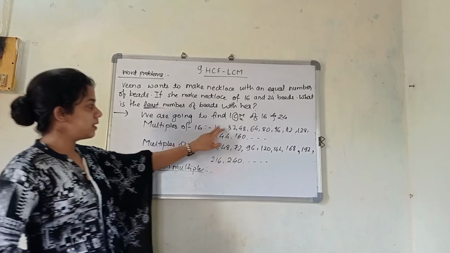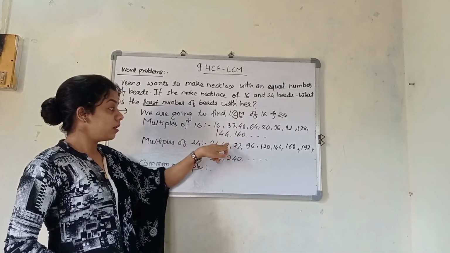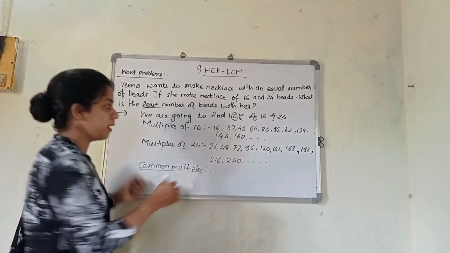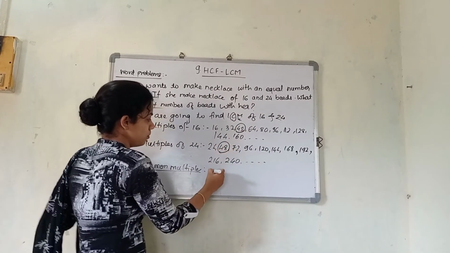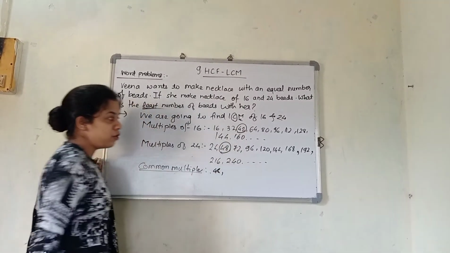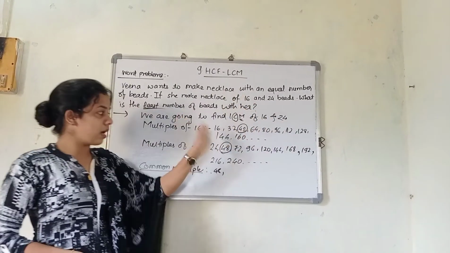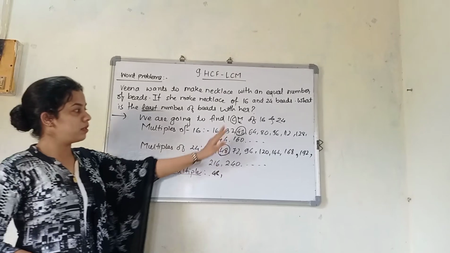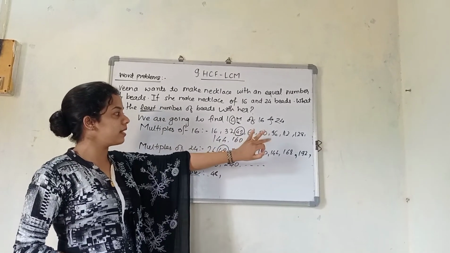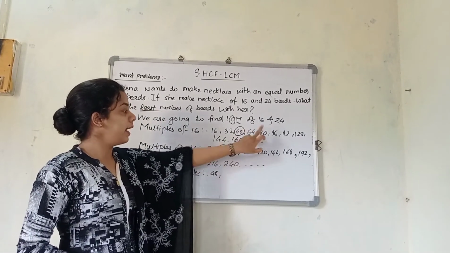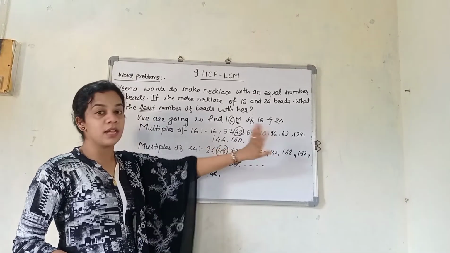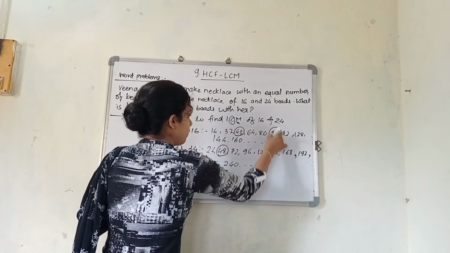Just check here. 16, 32, 48. 16, 32 is not there, but 48 is present at both the sides. First one. So 48 is present, and you are going to start from here itself. And don't start from back. Just start from here. 48 is common. Now just go on proceeding further. Which is the next number? 64, no. 80, no. 96, 96 is present. So that will be the next number.